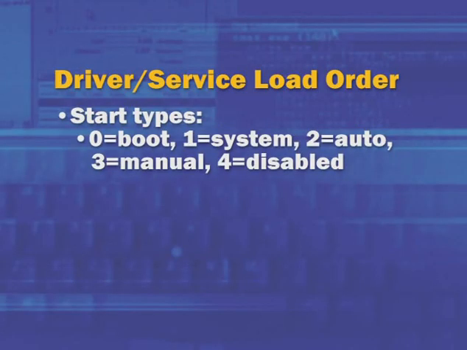Now, another attribute of each service in the registry is when the service should be started. And again, service applies to both device drivers and user mode services that we'll talk about later in the boot process. There are 4 basic start types. 0 is a boot start driver. 1 is a system start driver. We discussed when those drivers are loaded. It's the NT bootloader that loads boot drivers and the kernel that loads system start drivers. Automatic start drivers are started much later in the boot process by the service control manager.